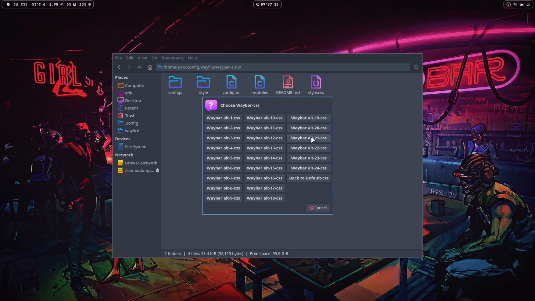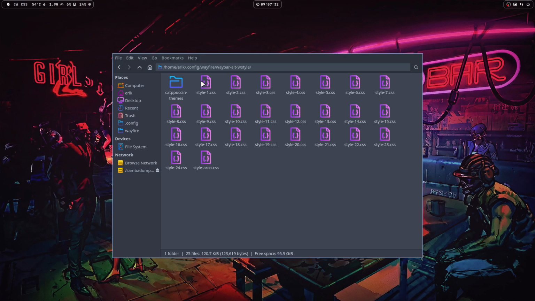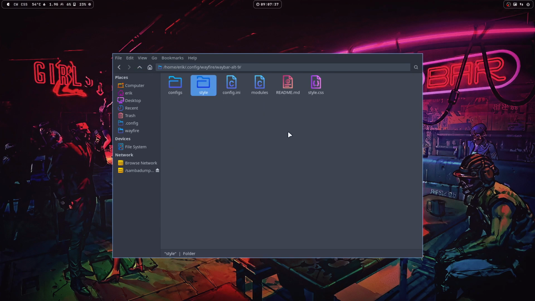I don't like that. Maybe, so that's 20. I think it's going to be 20, right? So 20 is an all white one. So what I'm going to do is the following. I say to myself that style 20 is the one I want. Control C. And I overwrite the waybar, this one. Delete, Control V. So when I say waybar Alt 9,